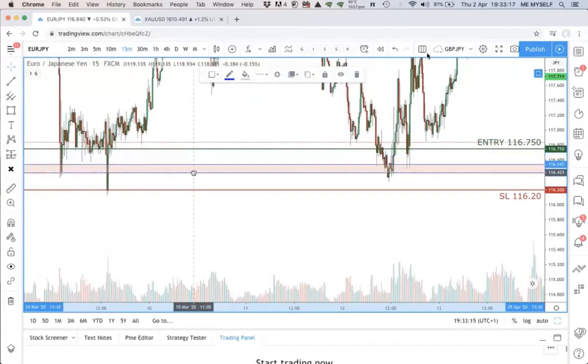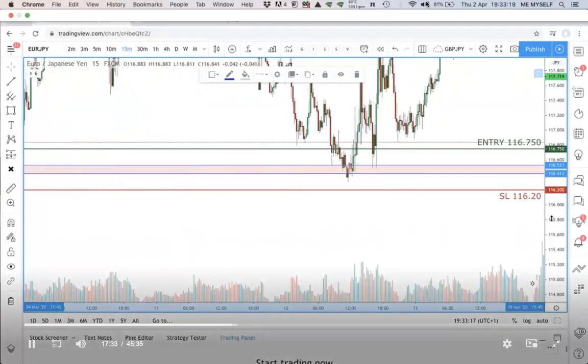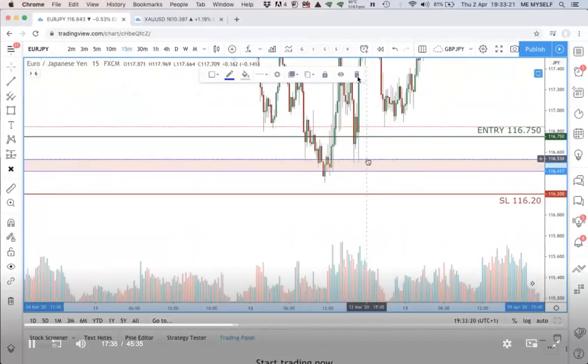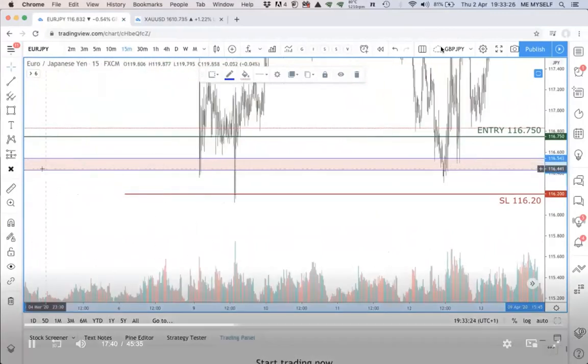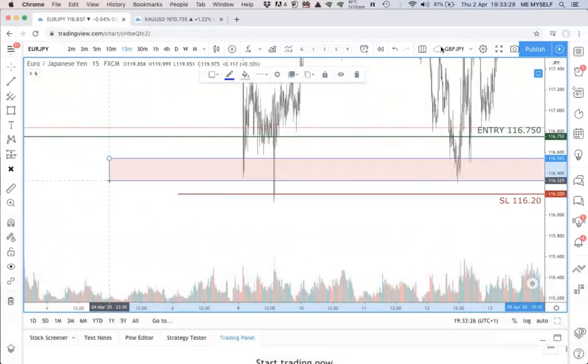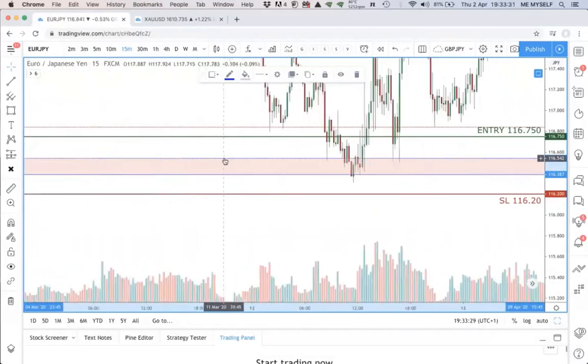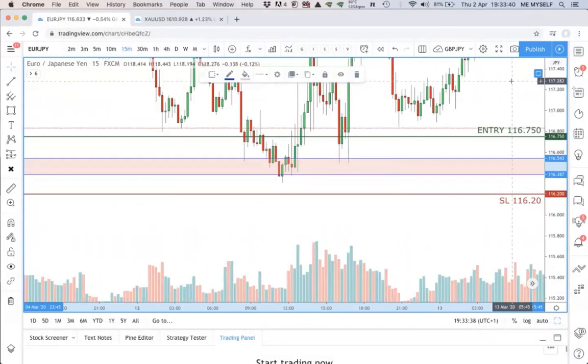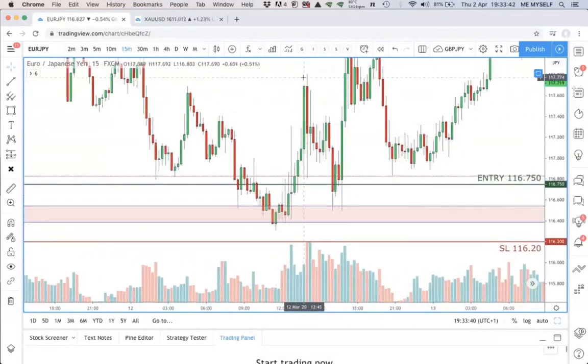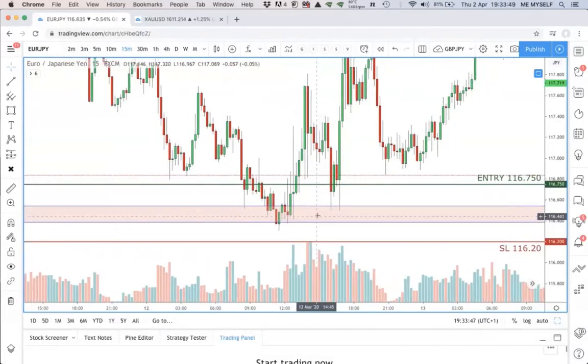I could pull this down a little bit. Okay, just mark off that 15-minute candle right here. So people ask, so what time frame are you trading on? Well, I'm actually looking at the daily, I'm looking at the 4 hour, 1 hour, 15 minutes for entries. So you can even see here, price pushed up here, came back down into the zone on the 15-minute chart, pushed up. So you get really clean entries